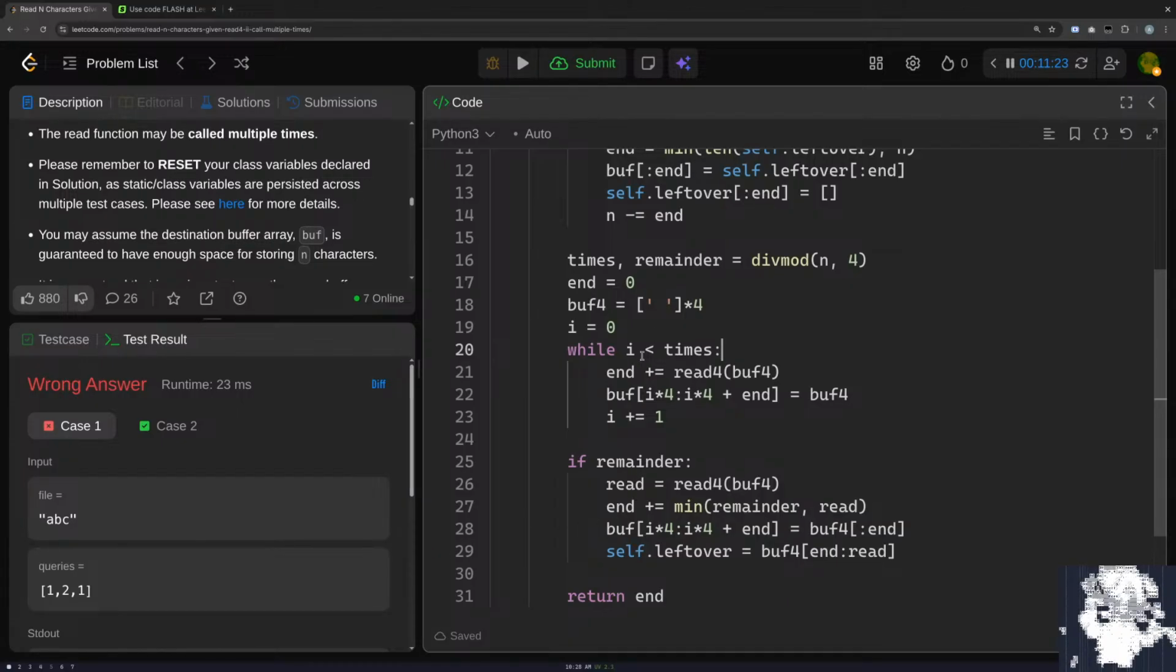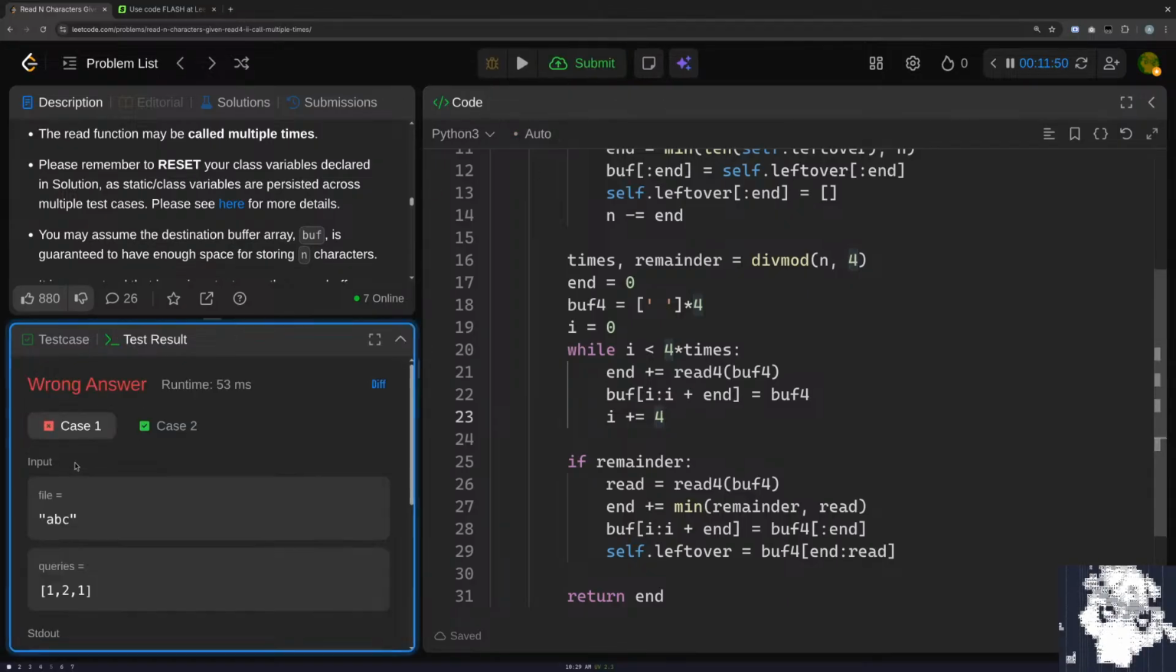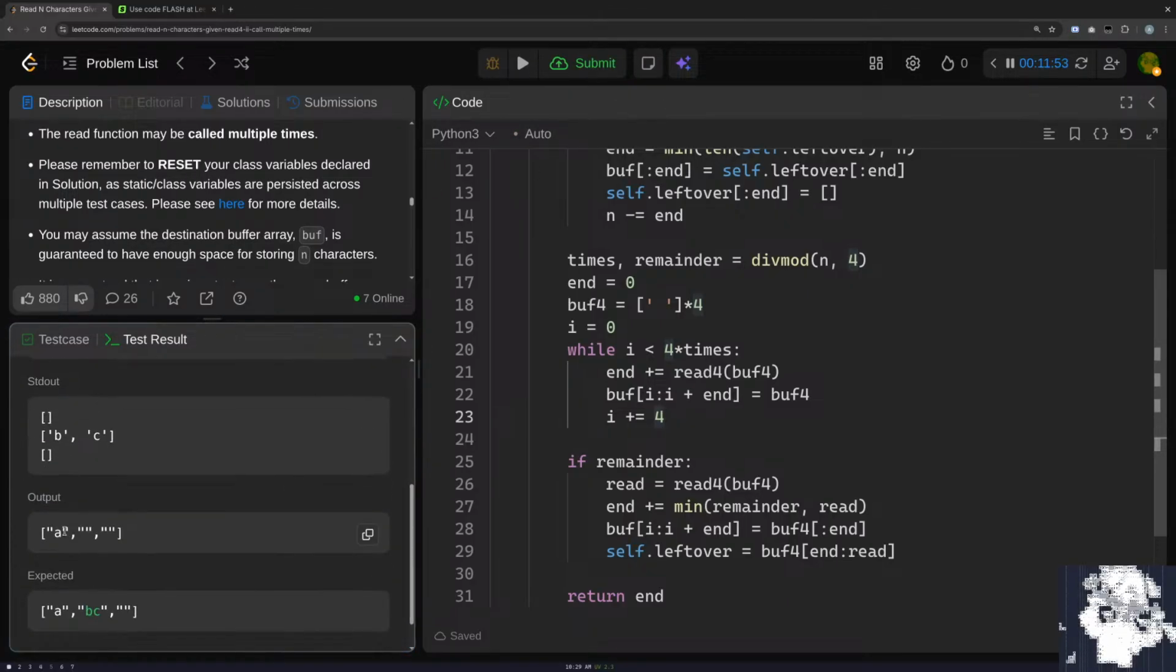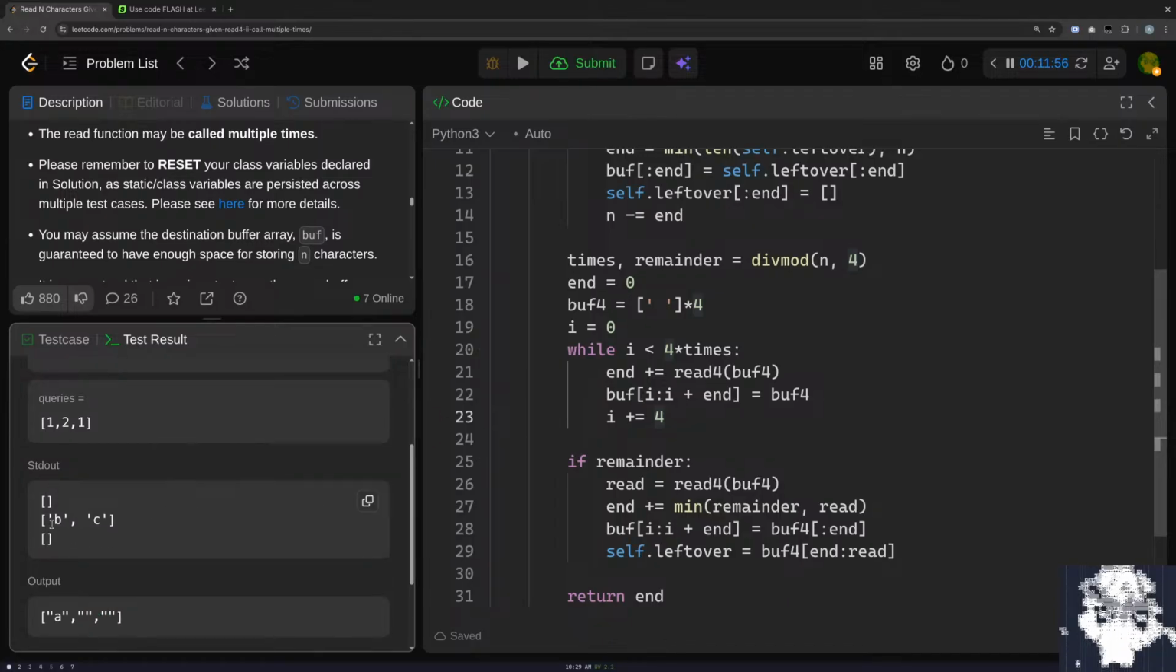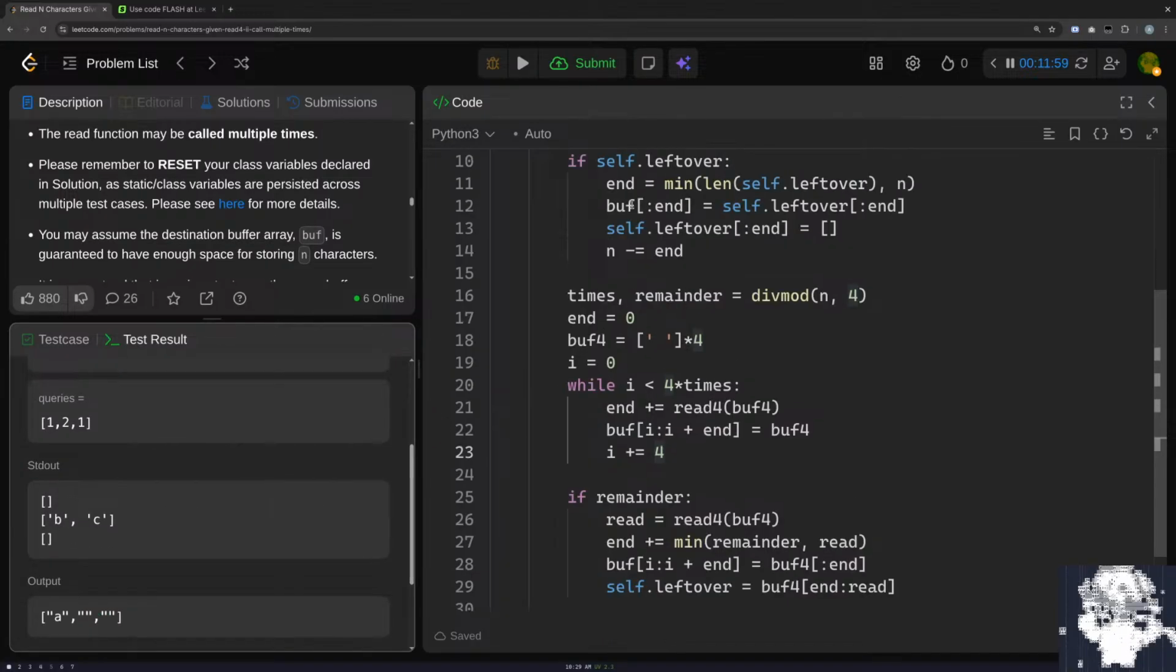You know what else I've noticed is I'm doing all these I times 4s when I could just increment I by 4. And do 4 times times. That'll give the same answer, right? Yeah. Okay, now my issue is I've correctly consumed from leftover into buff,